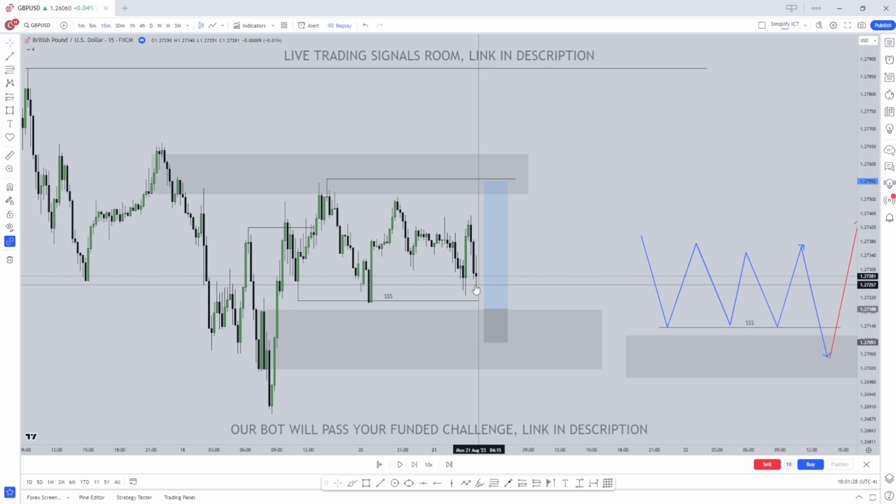But now let's break down the exact trade confirmations and the exact lower time frame confirmations that I looked for